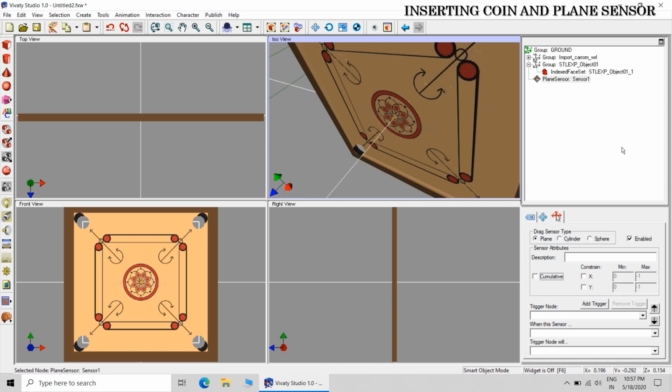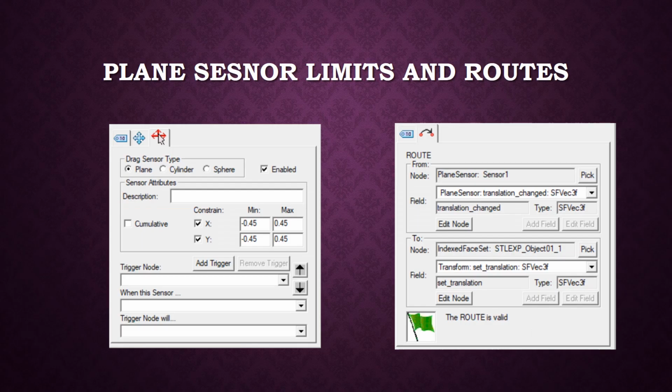In plane sensor, z is by default 0. So that's all about defining the plane sensor.